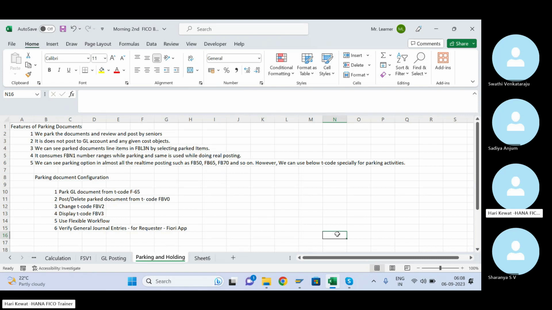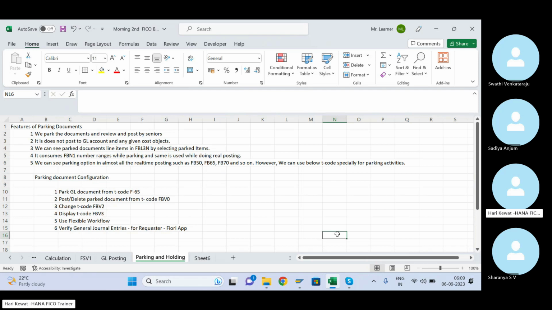The guy who parked, it will go immediately to his team lead. Once his team lead approves, the document should be posted, or one more layer is required for approval. Once the team lead approves it has to go to his manager. So how many layers they want, a level of the approval, business has to tell accordingly.